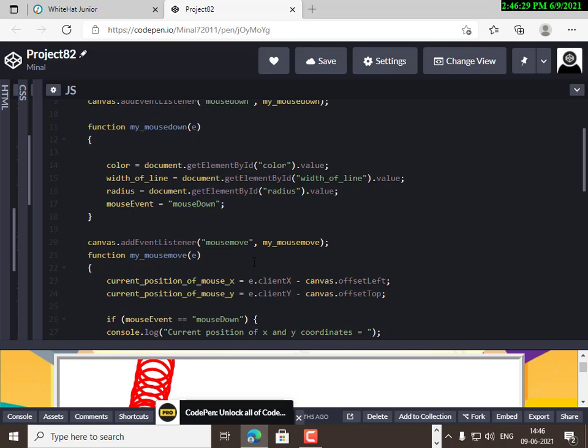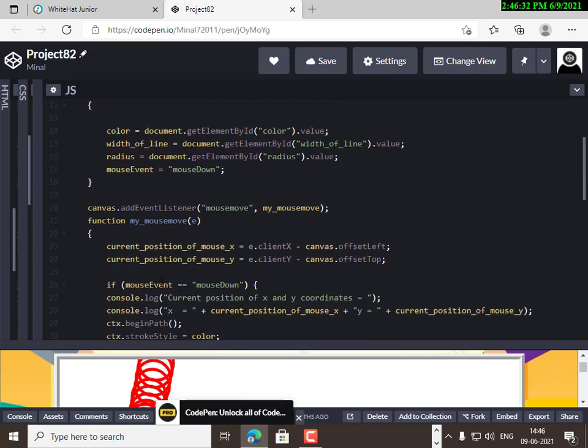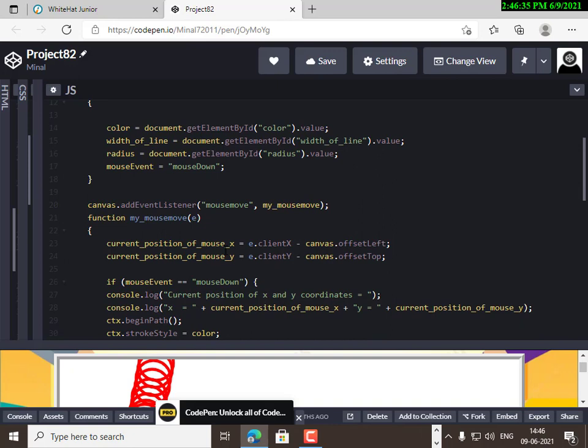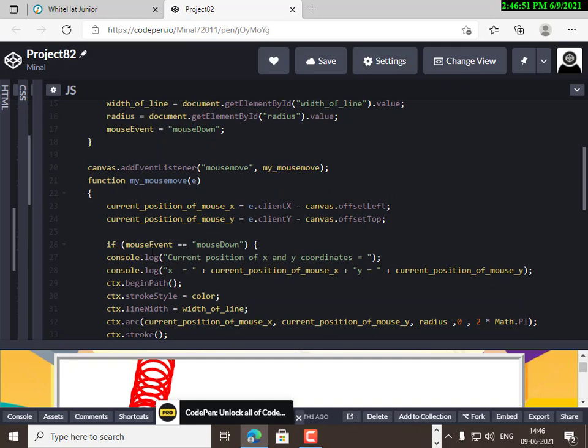canvas dot add event listener, mouse move, my mouse move, current position of mouse x and current position of mouse y, e dot client x client y hyphen canvas offset left. And then if mouse event equals, so remember when we will give the condition in the if statement, we will give double equal sign,